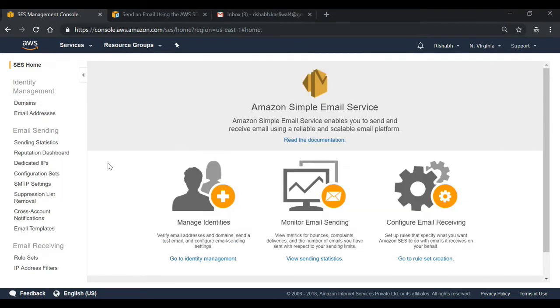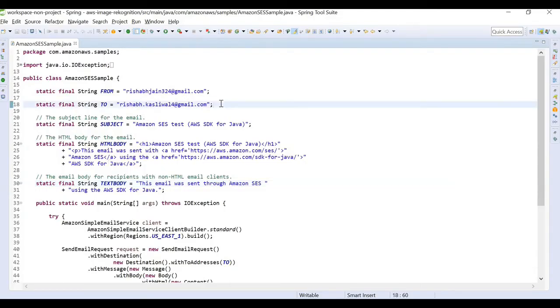For that, the first thing is we need to configure our IDE. So we need to have an IDE. I'm using Eclipse or STS. And then we have to configure the AWS Toolkit in it. Later on, we need to have a role. The role should have access to SES. So I have configured a role which has full access to SES, and I have configured that role in my